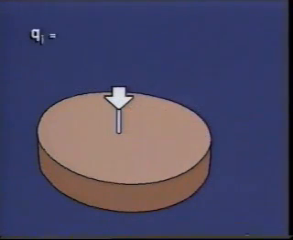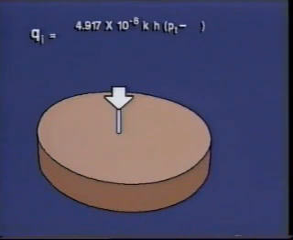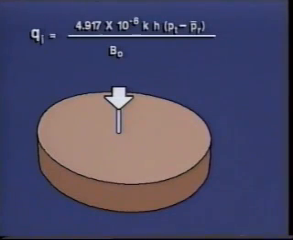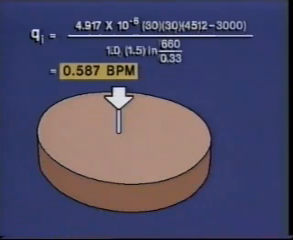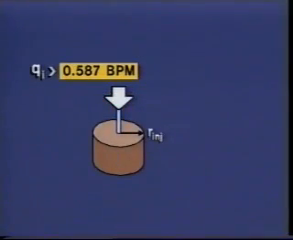Using Darcy's radial flow equation, this injection rate in barrels per minute is 4.917 times 10 to the minus 6, a constant, times the permeability in millidarcies, times the formation height in feet, times the pressure differential between injection pressure and reservoir pressure, divided by the formation volume factor, times the acid viscosity, times the natural log of the drainage radius divided by the wellbore radius, or 0.587 barrels per minute. This injection rate will be greater as soon as we consider the radius of injection instead